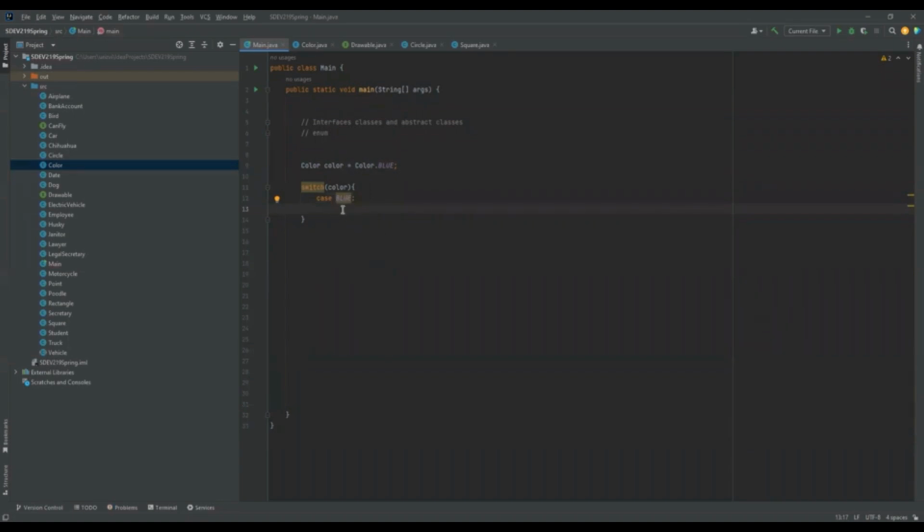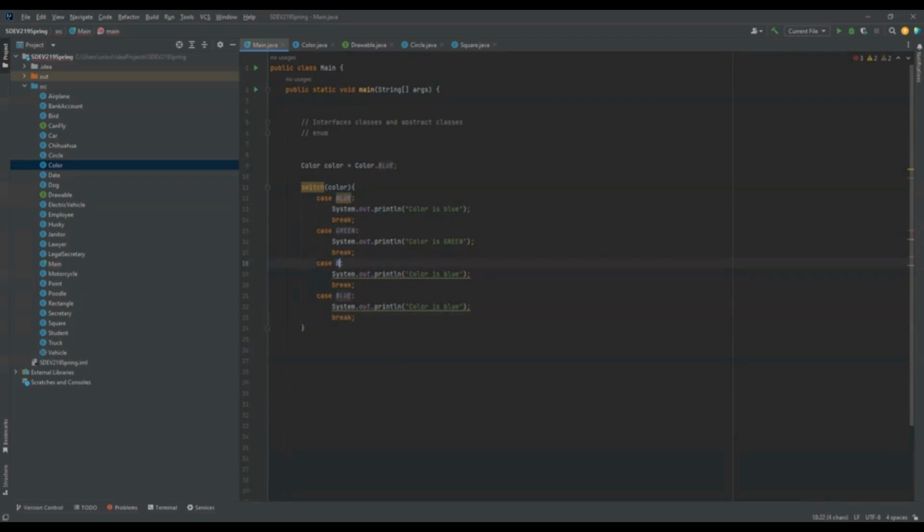So we're going to just print out a System.out.println, and we would say color is blue, and after each case, we have a break statement, so it doesn't go into the next case. So we have a bunch of cases just like this, and we already have a blue case, so this time I'm going to do a green case, and so we'll do one for black and one for yellow,